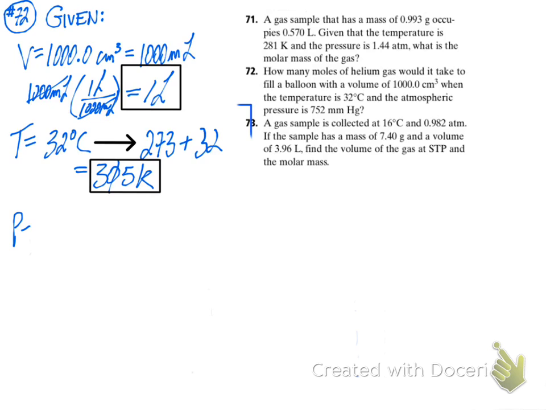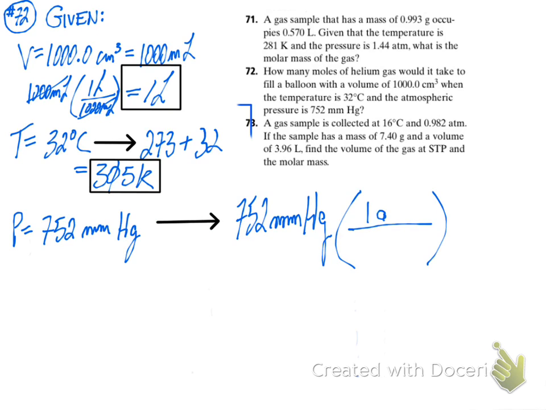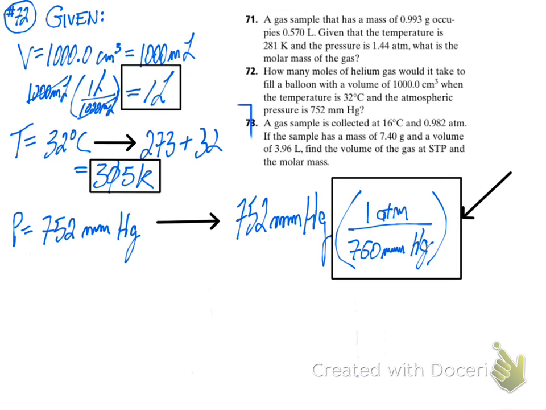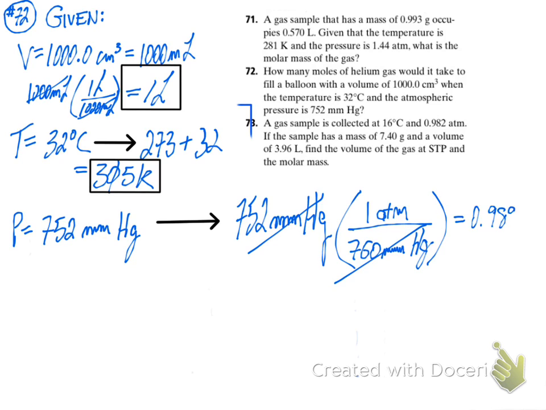Temperature is a little bit easier. We're going to take our 32 degrees Celsius and just simply convert it into Kelvin by adding 273 to it. And 273 plus 32 is going to get us 305 Kelvin. I will not be providing that for the test. You have to know how to convert from degrees Celsius to Kelvin. And then finally, pressure. This would be provided for you on the test, at least the conversion factor here of 1 atmosphere. By the way, this is your conversion factor here. 1 atmosphere is going to equal 760 millimeters of mercury. So simple conversion here, we come away with